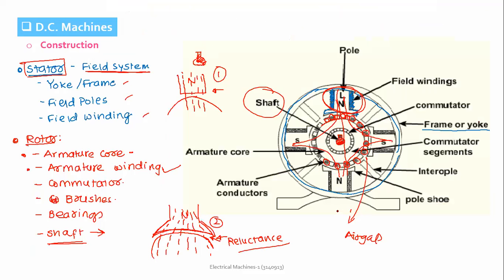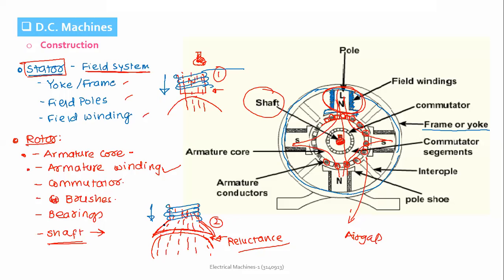Okay, so let me go back again. Now over the pole, what do we wind? We wind the field coils. So this is the coil which is wound over here, and this is the coil which is wound over here. In which case do you find that the field coil has more mechanical support strength? Where do you find there is less chance of slipping of this field coil from the pole?